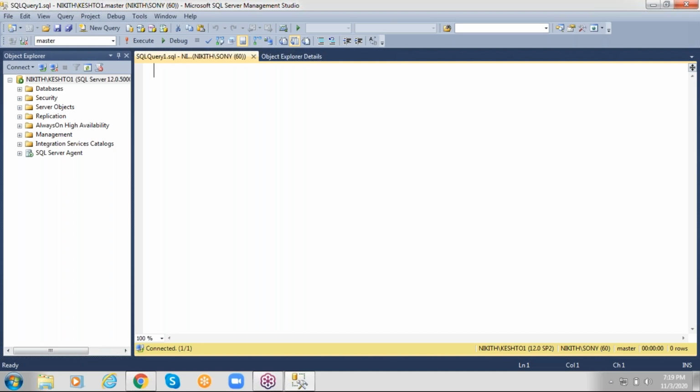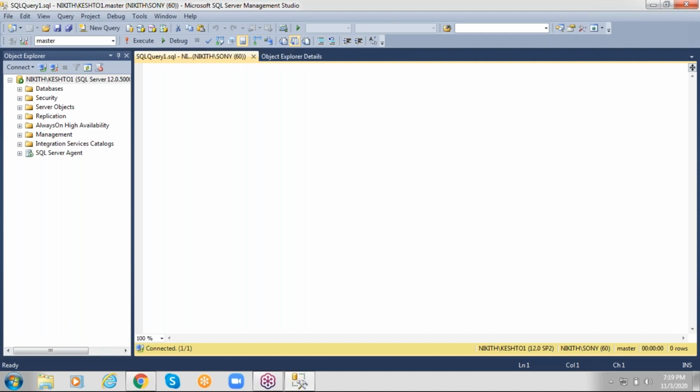See now, in SQL Server, we have system databases and user databases. See, system databases means they are part of SQL Server software only. I mean, if you are installing SQL Server, automatically system databases will be created.